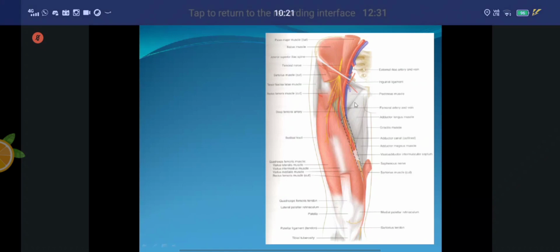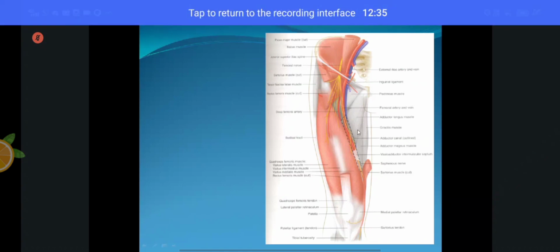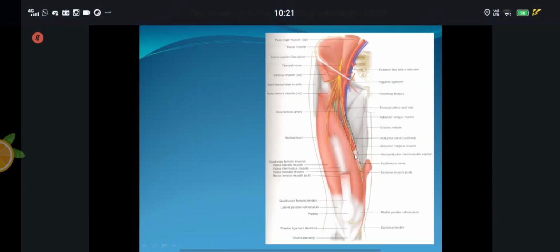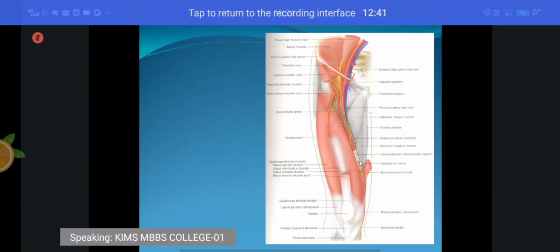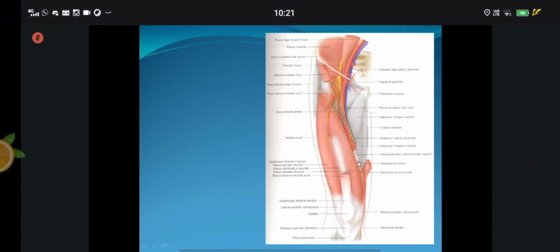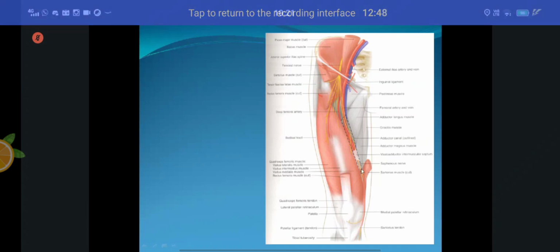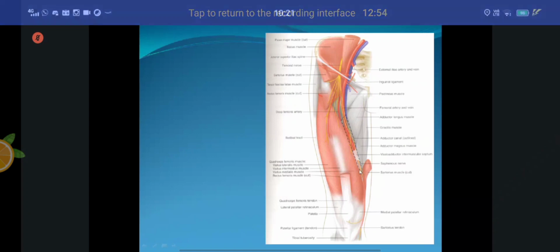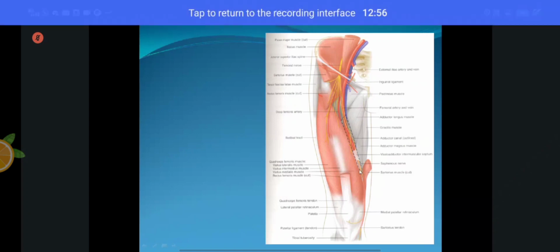So this is a muscle. What is this muscle? This muscle is the biggest muscle, the adductor magnus muscle. There are 5 openings in the adductor magnus muscle. So this femoral artery passes through the 5th osteoaponeurotic opening and enters into the popliteal fossa and continues as the popliteal artery. So 2 things you should remember.